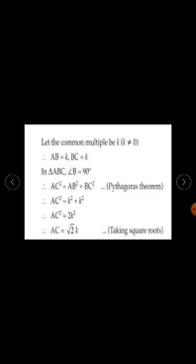Next, find cos theta. Cos theta is the ratio of adjacent side upon hypotenuse. The adjacent side is BC and the hypotenuse is AC. So cos theta equals BC upon AC. BC is k and AC is root 2 k, so k upon root 2 k. Cancel k, so it equals 1 upon root 2. Therefore cos theta equals 1 upon root 2. So sin theta equals 1 upon root 2 and cos theta equals 1 upon root 2.